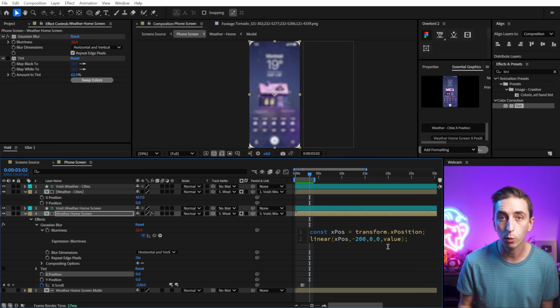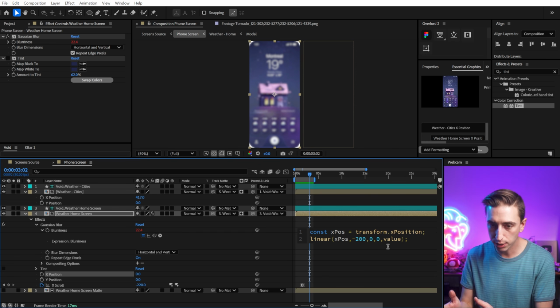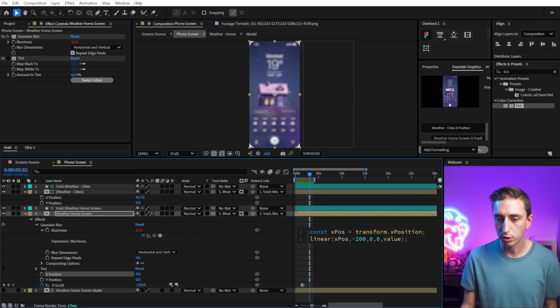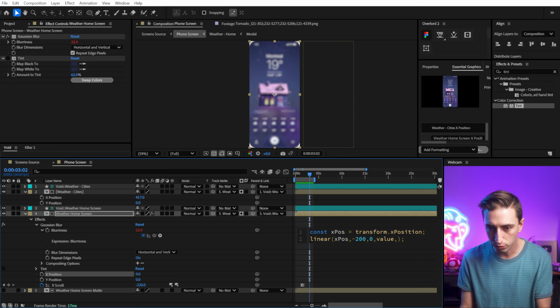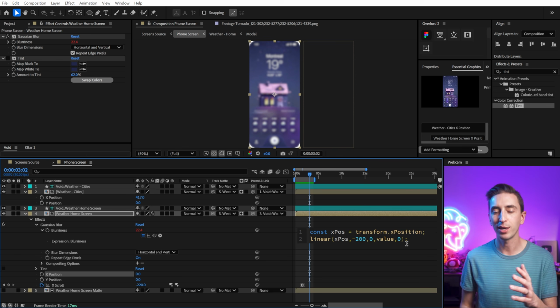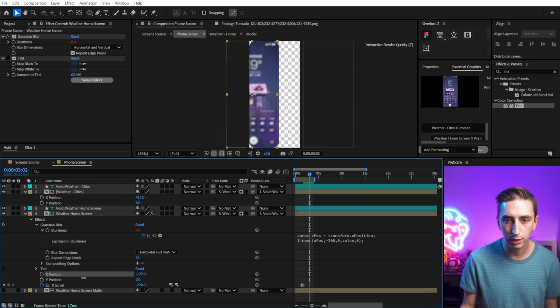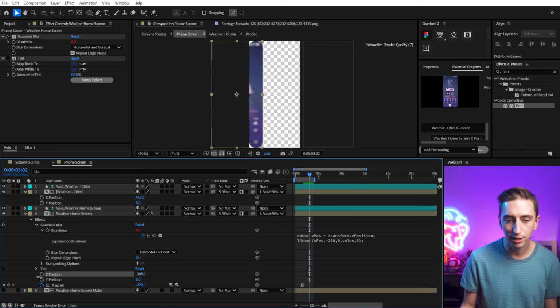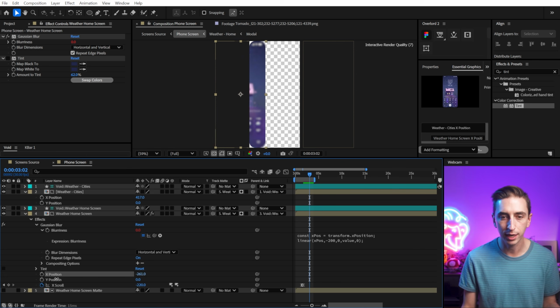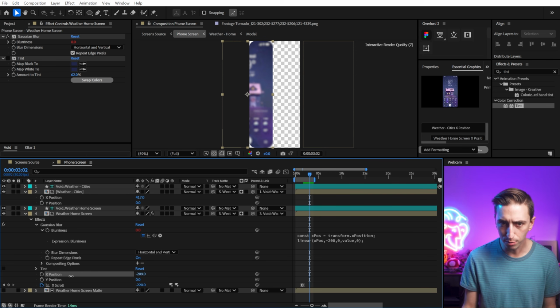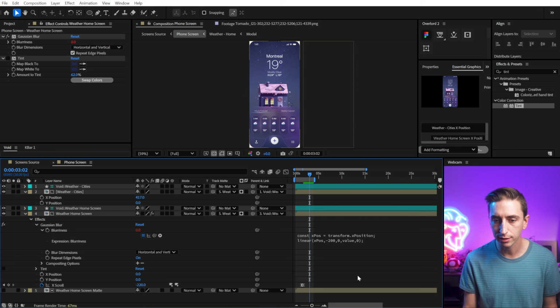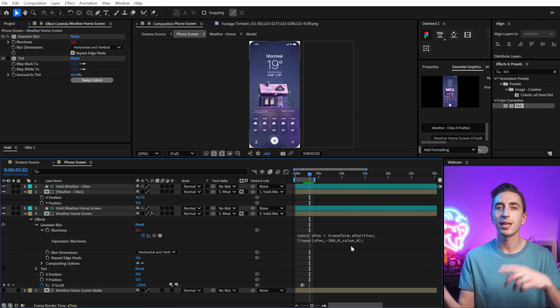So we're now saying our range is from negative 200 to 0, and when it's at negative 200, that's when we want it to be at the value of whatever we set the blurriness to. And when it's at a value of 0 on the X position, then we want it to be at a value of 0 on the blurriness. That should clear things up, and now when I move this over to the left, the blurriness is going to automatically increase all the way up to a value of negative 200, which is pretty much right where I wanted it. So I think we're gonna just leave that there,